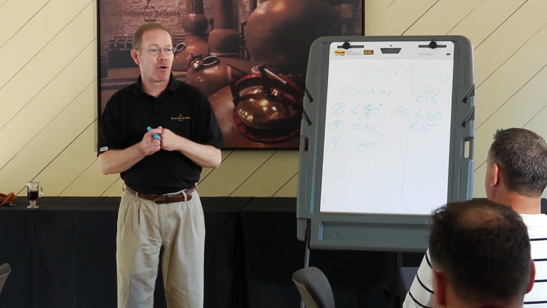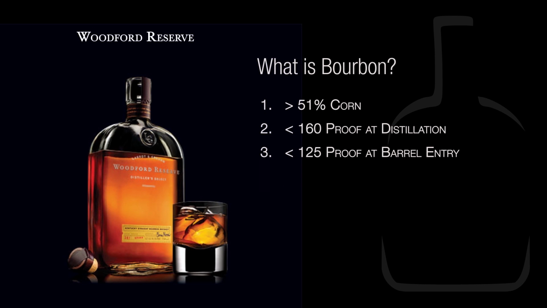What do we know about the bourbon barrel? It must be new, can never have been used before. It must be charred on the inside, and nowhere in the rules does it say you have to use a white oak barrel. We do use white oak, but we don't have to by law. We'd be dumb not to use it, because the only other type of oak is red oak, and it has a flaw in this whole scheme of things. It doesn't hold liquid.